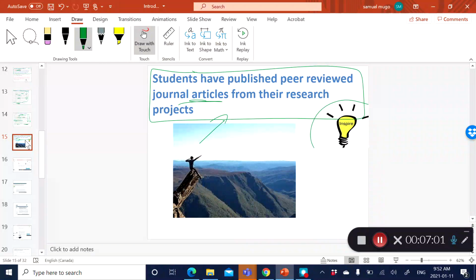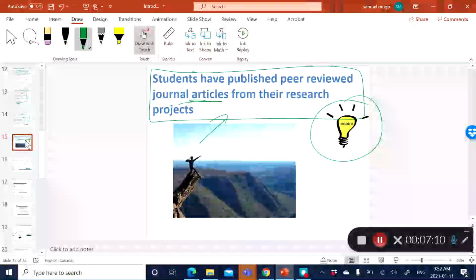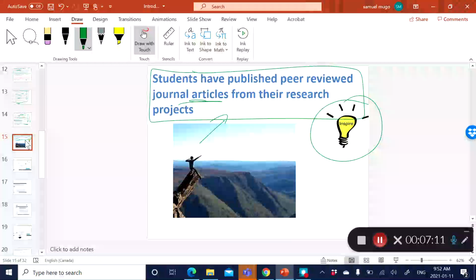And so I hope that actually inspires you, to know that it's not just a small project, but it can go beyond just a term paper, and you can publish the work in a peer-reviewed journal article. And by doing so, you create for yourself tremendous mileage. If at all you go to graduate school, in most cases it's very, very rare to find undergraduate students having published journal articles, and so you get a lot of a leg up in terms of possible selection for